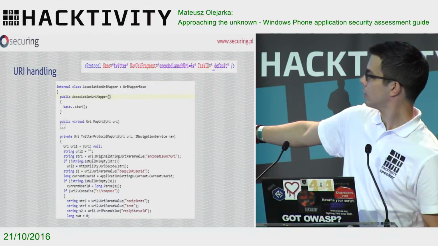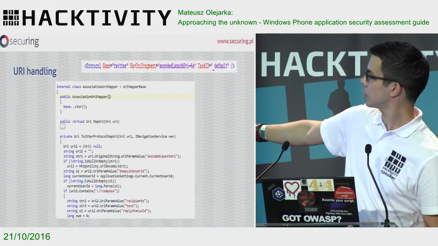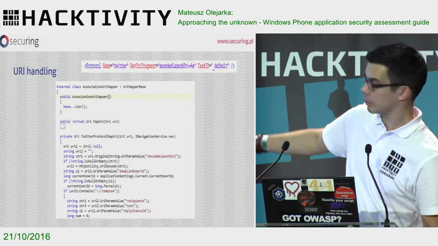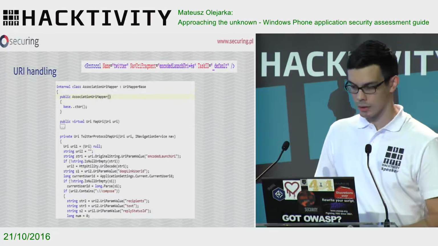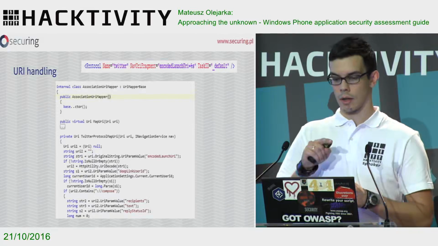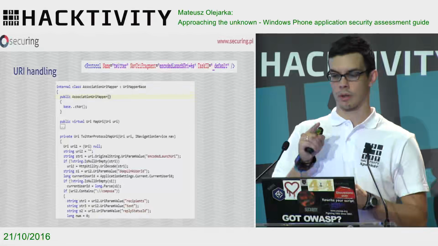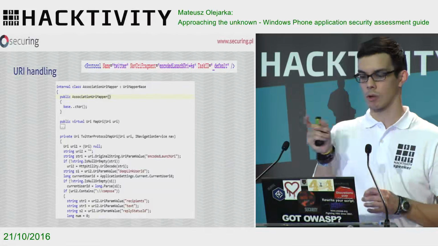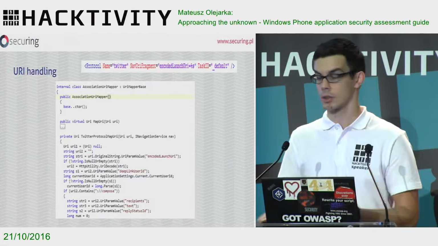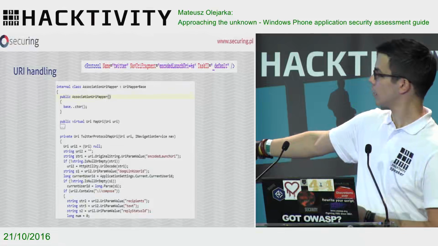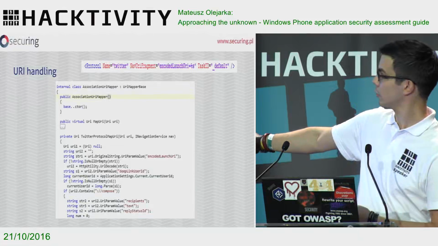Basically, this is the WMAppManifest config. You list something like a protocol name, Twitter. This fragment is constant, I think. I don't have an example here, but it goes like this. The URI looks like protocol, question mark, Twitter, colon, and if the application sees it, it will go to the Twitter application because it registered this protocol. Then you have to check for the UriMapperBase.